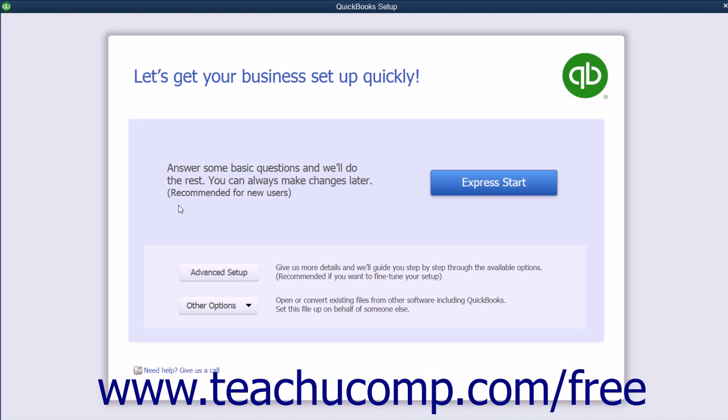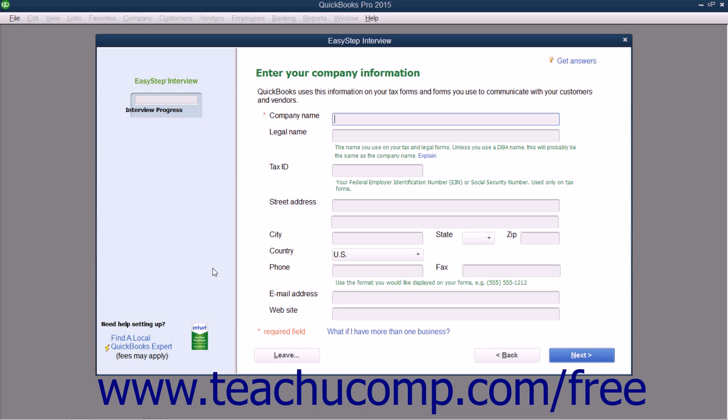www.teachucomp.com/free. In QuickBooks, you can also use the EasyStep interview to create a company file. You complete the EasyStep interview by entering information into different screens shown within the interview. After entering information into a screen, you can click the Next button to proceed to the next screen and repeat the process. After answering all questions within all screens, you can click the Go to Setup button to start using